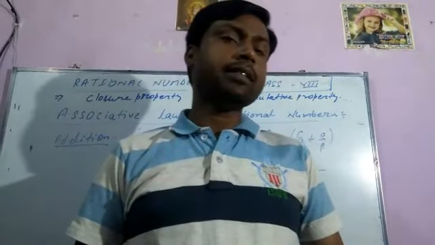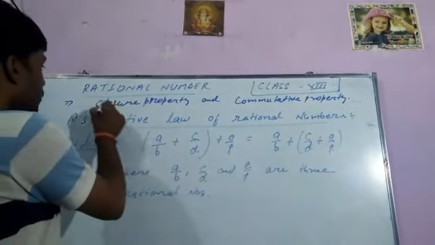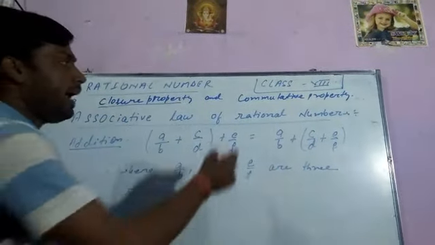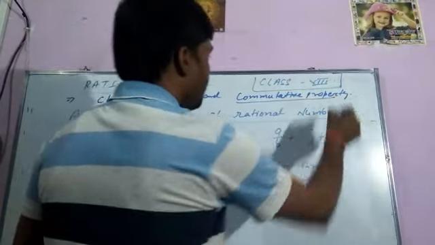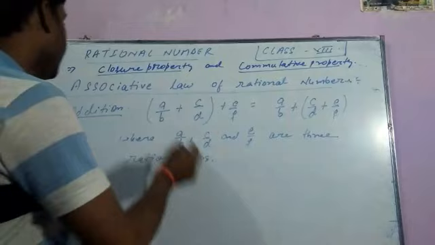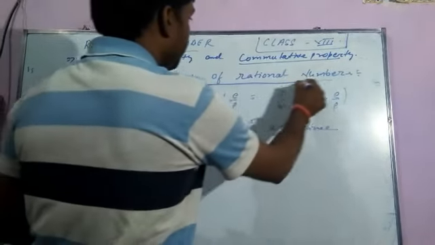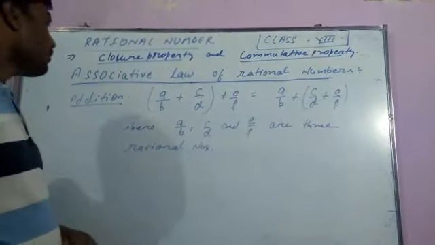Hi students, in previous classes I have taught you the closure property of rational numbers and the commutative property of rational numbers. Now in this class we have to understand the associative law of rational numbers. First of all we learn